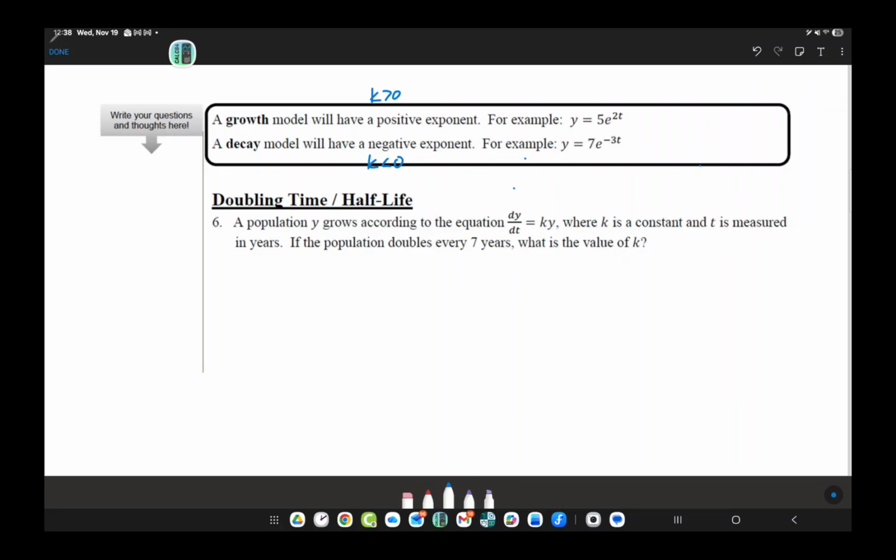So we are going to use that formula since this is our function. We know y is equal to ce^(kt). Do we have a constant value? No, we don't even have a constant value. All we know is every 7 years, for when t equals 7, the population doubles. Now, that means if c is equal to, let's say, y0, an initial value,